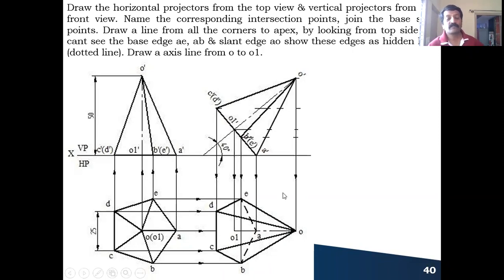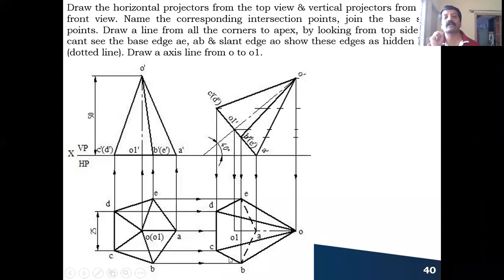Okay, so after getting all these points, the base edges as well as the corners of the base edges should be joined to your vertex, correct? First you join all the base edges A, B, C, D, E, and then all the corners of the base edges you join to the vertex or the apex. Now you are looking from the top and you have to identify the hidden edges as well as the visible edges. So C to D you can see, you make it a very visible edge. D to E and C to B you can see, it becomes the outermost boundary line.